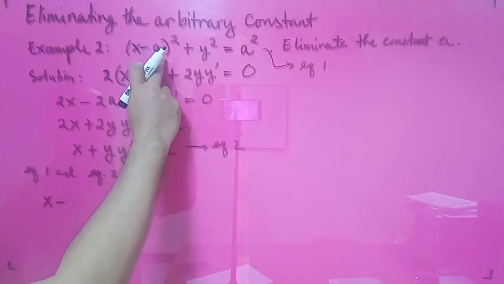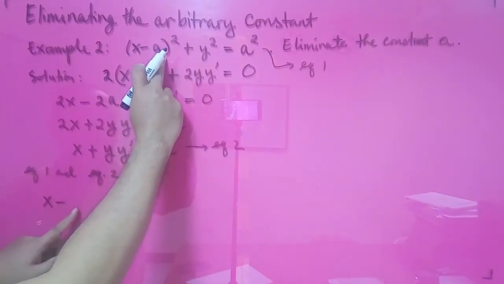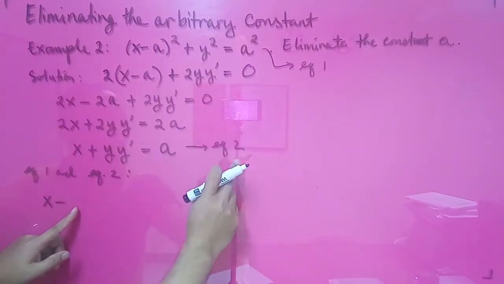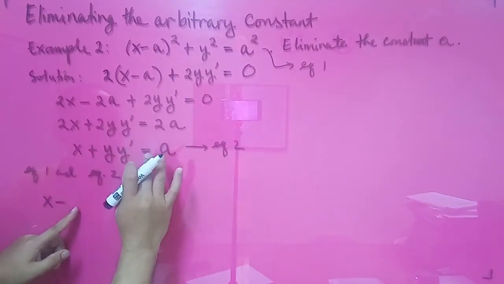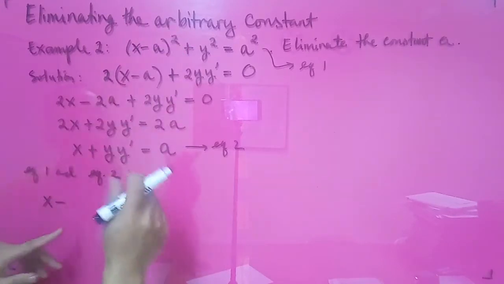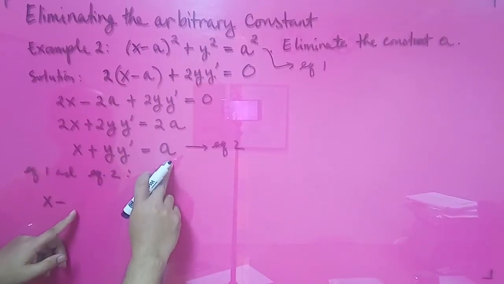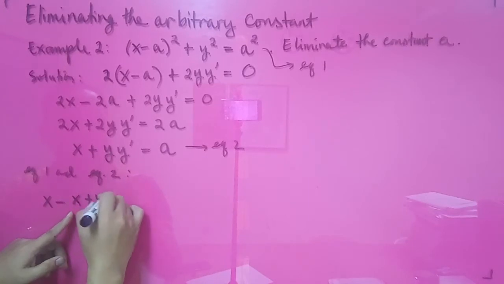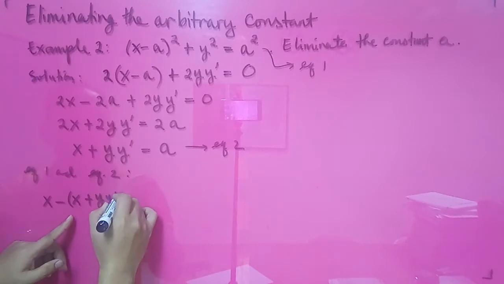But instead of writing a, I will substitute the value of a from equation 2. Okay, I am combining equation 1 and 2. So substitute the value of a as x plus y y',